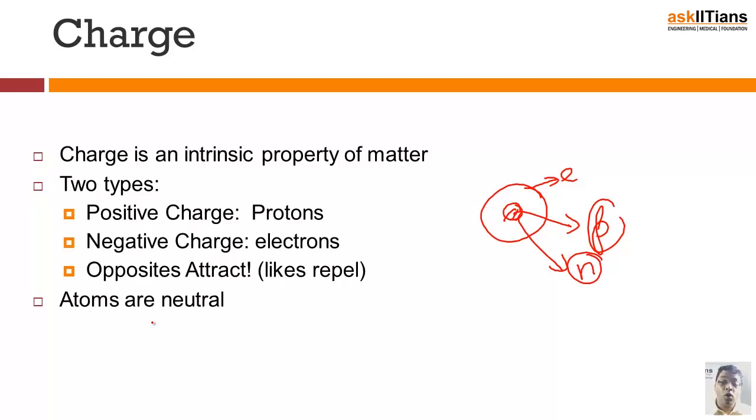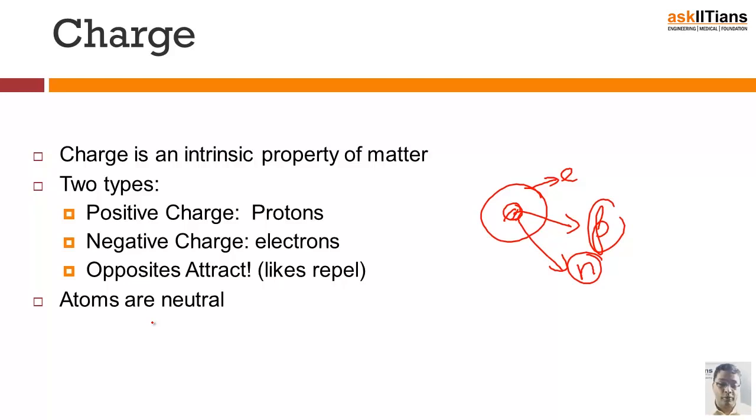It is the strong force. It's a strong nuclear force. It's not the electrostatic force, mind you. There is a force of repulsion that exists between protons, but here we also have the strong nuclear force, which is the strongest force that exists. That strong force overcomes the electrostatic force of repulsion between protons, and this nuclear force is uniform. It does not differentiate between a proton and a neutron. It is the same between two consecutive neutrons, the same between two consecutive protons, as well as between one proton and one neutron.